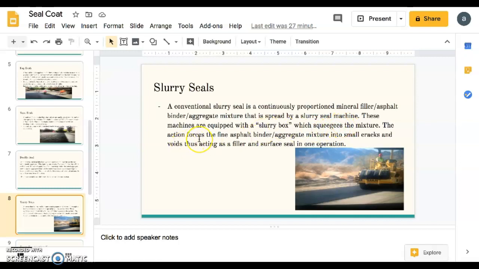The action forces the fine asphalt and aggregate mixture into small cracks and voids, thus acting as a filler and a surface seal in one operation. And right here is another example of a slurry seal on an asphalt road. I'm not sure where, but